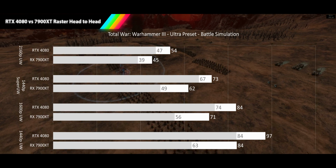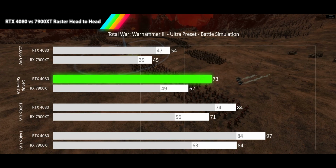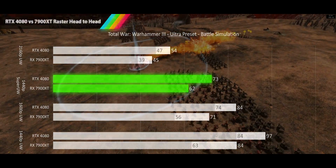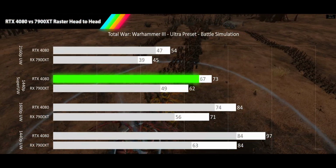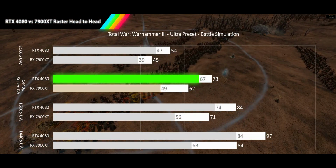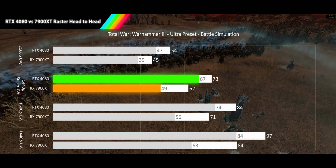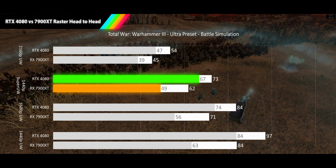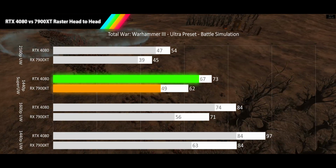At 1440p Super Ultrawide, we see both cards recover into smooth gameplay territory at 73 FPS for the 4080 and 62 FPS for the 7900 XT, though while the 4080's 1% lows stay in the smooth gameplay range at 67 FPS, the 7900 XT's still dips into acceptable frame rates at 49 FPS. The 7900 XT sees lower 1% lows to a still below average 21%,